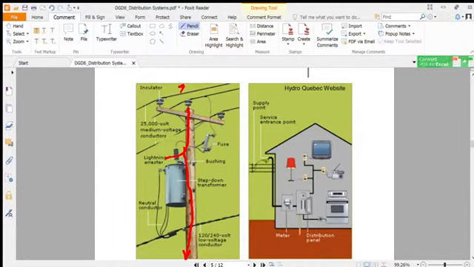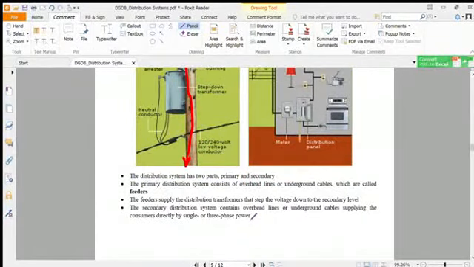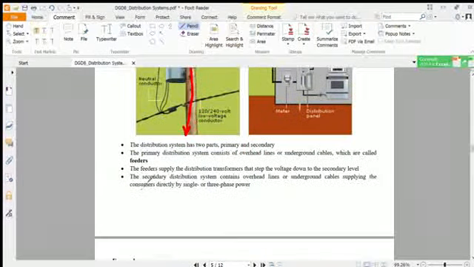And here you see that this is the 3-phase line. This 3-phase line goes into the house. This is the power meter, and this is the distribution board, and our premises is connected here. So this is all about the scenario. And the